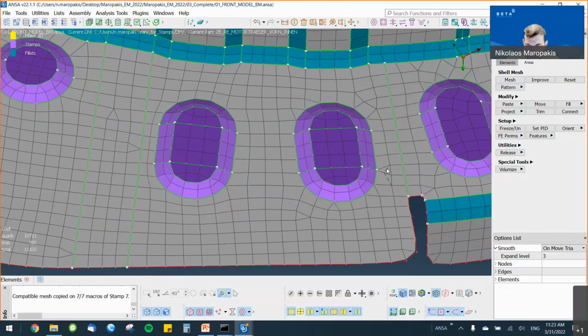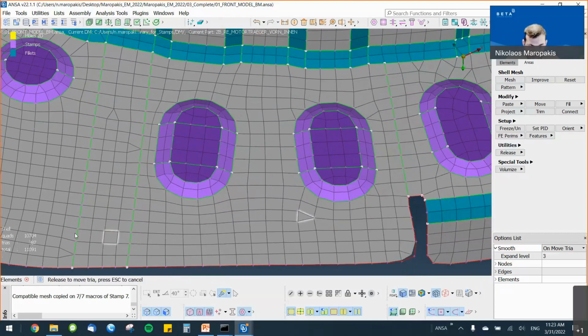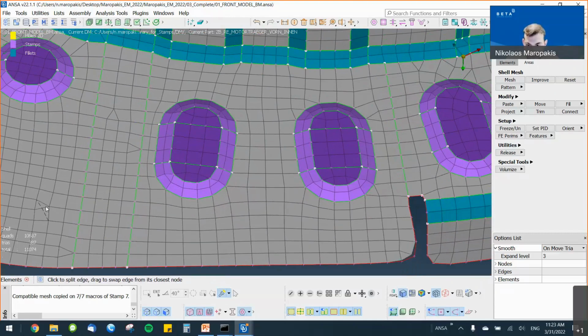I can see here also opposing trias here as well, and here as well. I will remove also this. I will send this to the side all by drag and dropping, and I will also send this away. I can see here that after I performed this joining of the triangles, the mesh became too fine for my mesh. That's okay. I will switch with the tab to the collapse function.